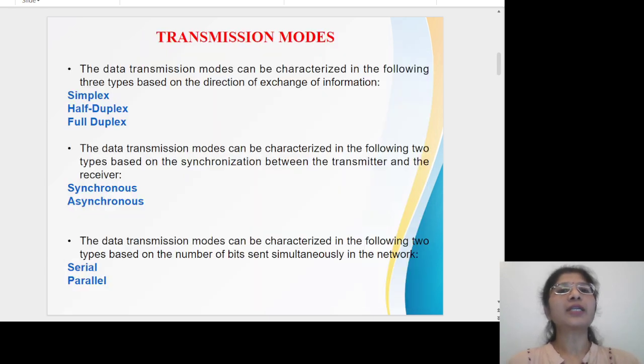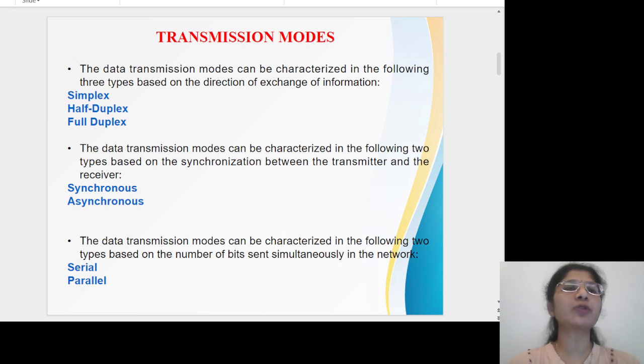Now the next point is transmission modes. Depending on the direction of data exchange from sender to receiver, the synchronization between the transmitter and receiver, and how the bits are transmitted in the network, the transmission modes are divided into different categories. First, depending on the direction of exchange of information,